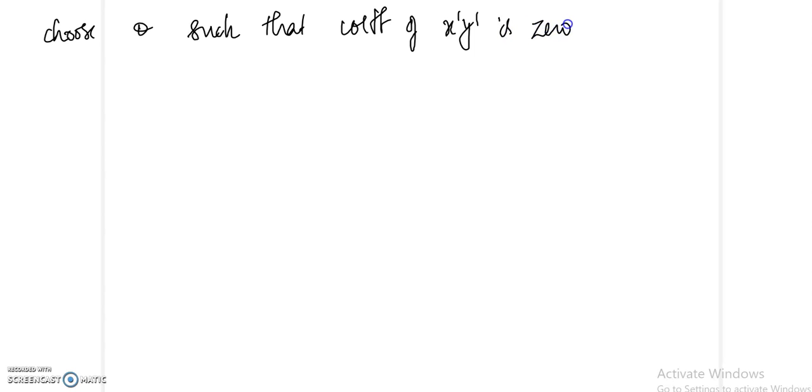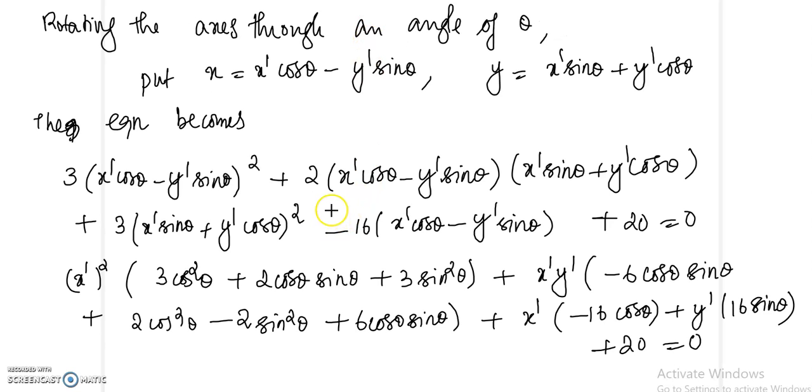So choose theta such that the coefficient of x dash y dash is 0. So that implies the coefficient of x dash y dash will be, so you'll get 6